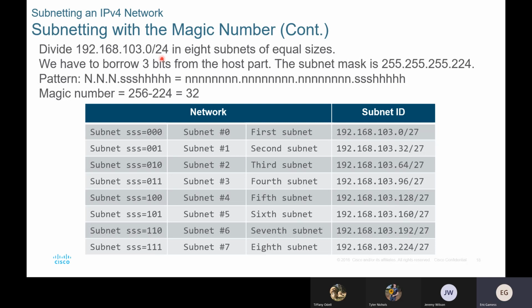3 bits. Okay, if I borrow 1 bit, I can create 2 subnetworks. If I borrow 2 bits, I can create 4 subnetworks. If I borrow 3 bits, I can create 8 subnetworks. So I will go, the initial pattern was capital N, capital N, capital N, capital H, which means that the